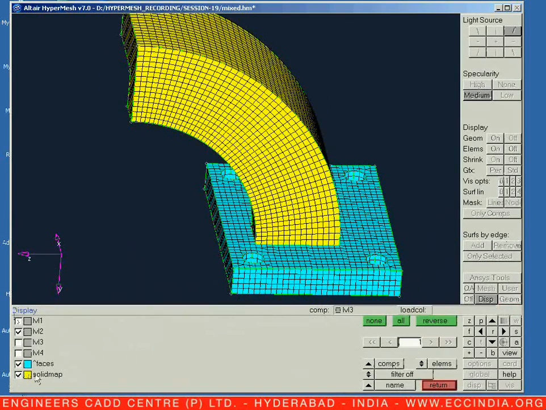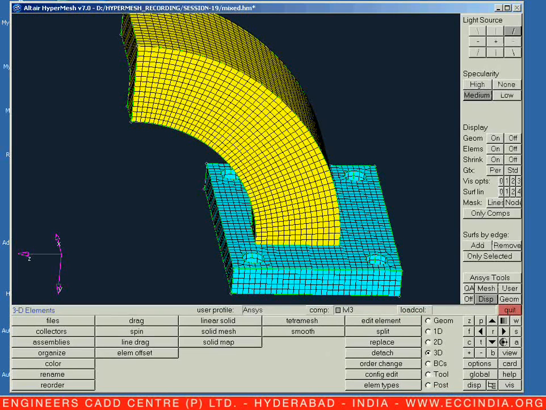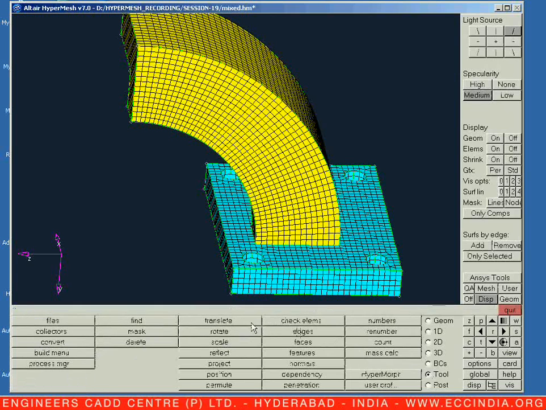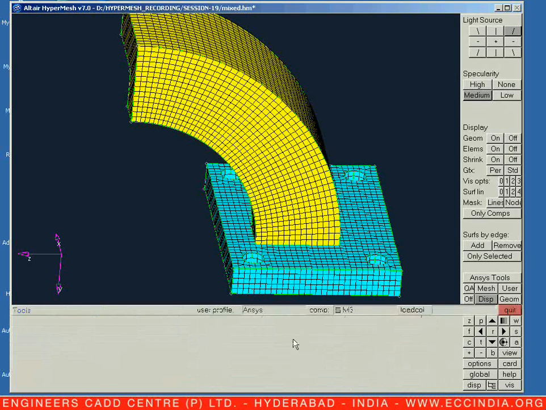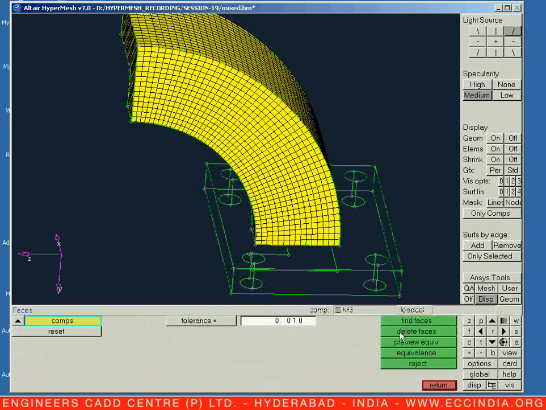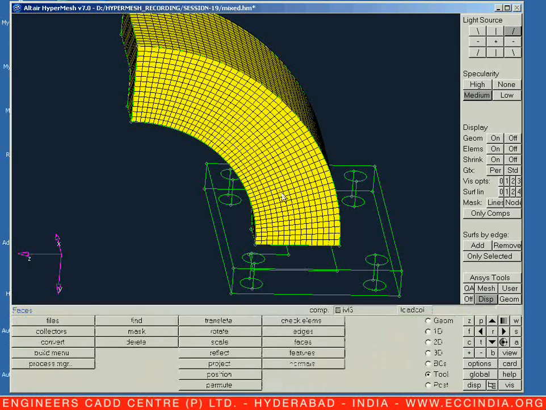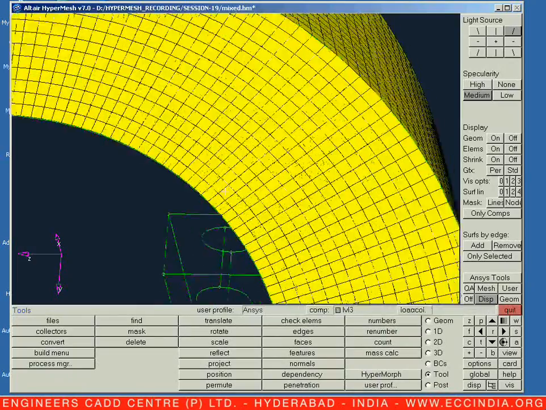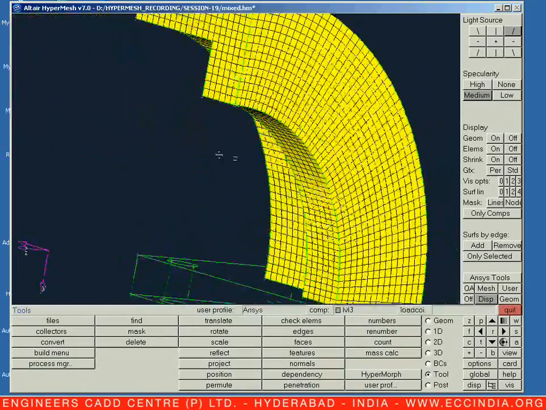Let us check for the display. We are having one collector known as solid map, and this particular collector will be having all these 3D hexa elements. Our work of extraction of these 2D faces is over. So let us go to the tools page. On the tools page, let us say faces again and let us say delete faces. We are not needing the faces as usual. So now we can see we are dragging the 3D elements over here without any kind of failure